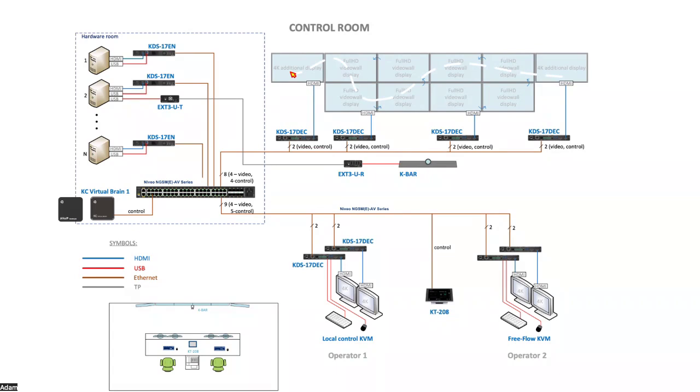So to manage this kind of scenario, we need to have a control system. We use Kramer Control here, obviously. And the control panel, which is the face of the control system here, is actually between operator 1 and 2. We can use it to control the presets, layouts visible on the video wall, but also local access, local preview for the operator stations.